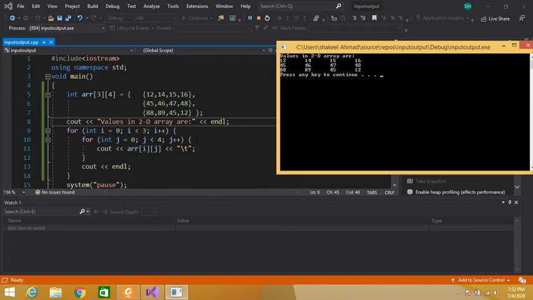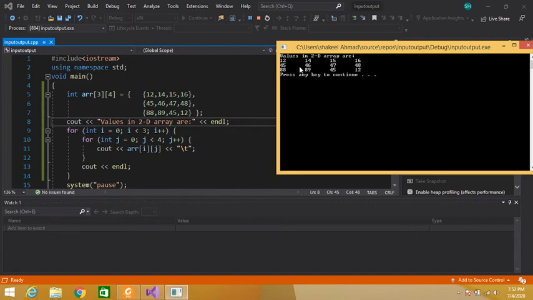Then again our loop is terminating, so the control will shift here and j becomes 0 plus 1, so the value of j becomes 1. 1 is less than 4, yes. So again i contains 0, j now contains 1. So now j contains 1, 0, 1.